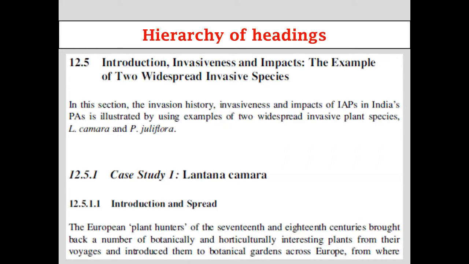You can see there are different approaches to it. For instance, some would use simply numbers. So the more the components of a number. Let's say main headings are numbered 1, 2, 3, 4. Then the second level is, let's say, 2.1, 2.2, 2.3, and so on. So that is one approach. It's fairly straightforward. Besides, you can also have typographic coding. So you may use a different font. You may be using a larger font. You may be using a different alignment. So these are the devices that you have. The question is, how do you combine them and evolve a hierarchy of headings?